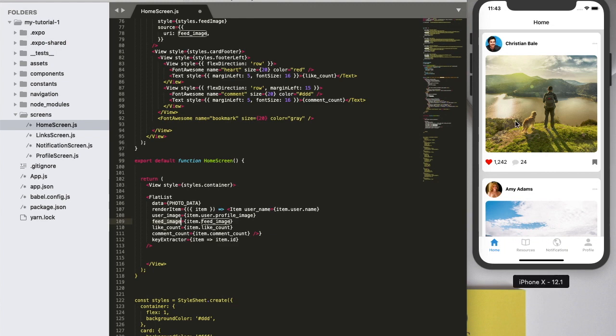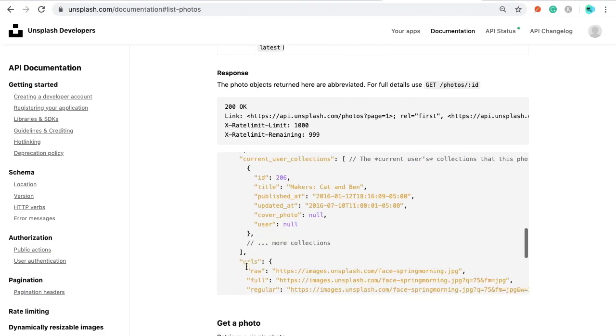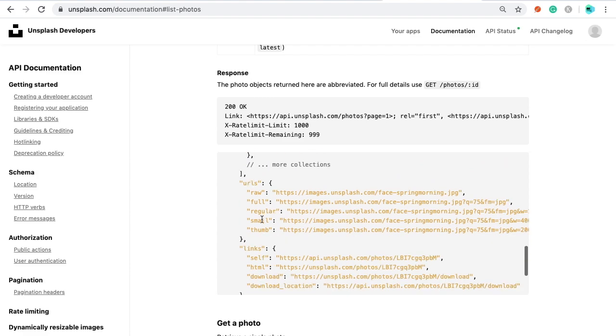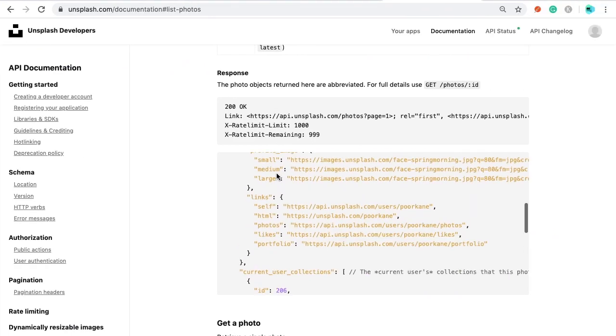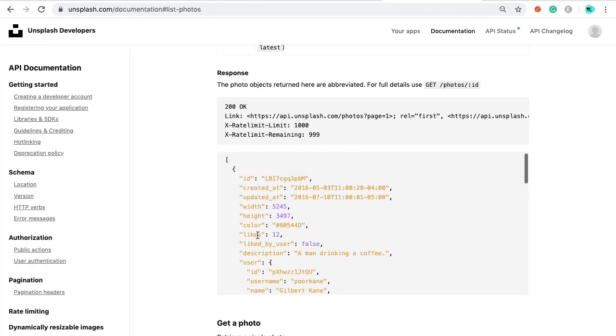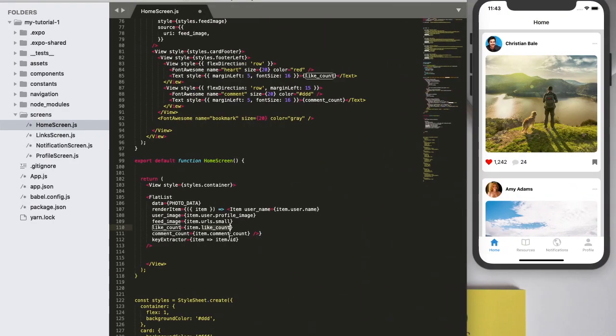Next is the feed image, this main image. For that we need to check the URLs. I'm taking the small one because it will fetch faster. So it is inside urls.small. Next we need to replace this like count with likes. This is just likes.